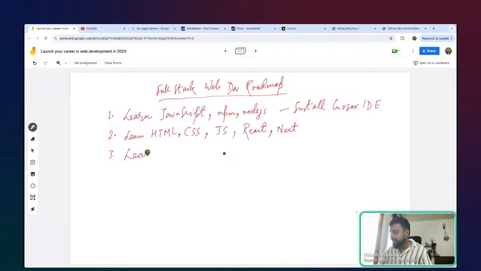And after this, or even prior to this, you can learn about Git, which is basically a version control system. So what is version control? For example, let's say you're working in a team where there are 5 developers, right? You're working on a particular feature. Each of the developers is working on a specific aspect of that feature, right? And of course, there's going to be a single code base that is going to run my entire essential logic.